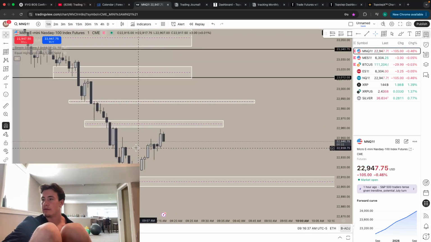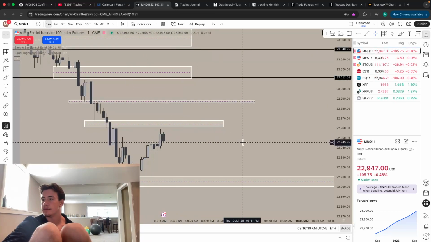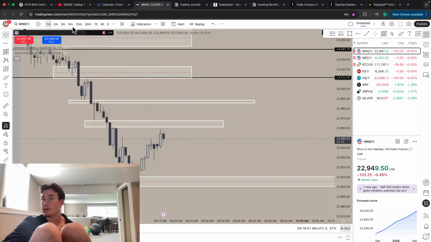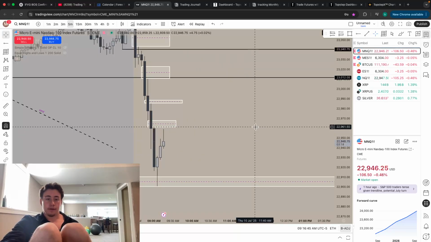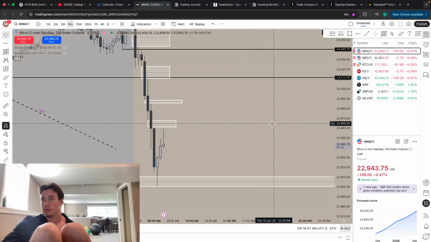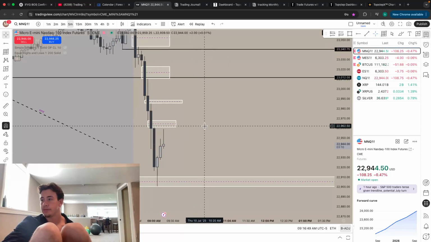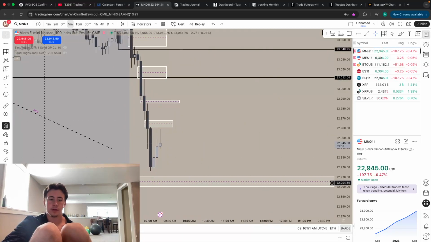Even if not, we have 1-minute gaps. I thought it's mainly just 5. We could be entering off a 5-minute inverse, 1-minute retrace, 1-minute breaker structure. We got 3 minutes on this. Hold up.